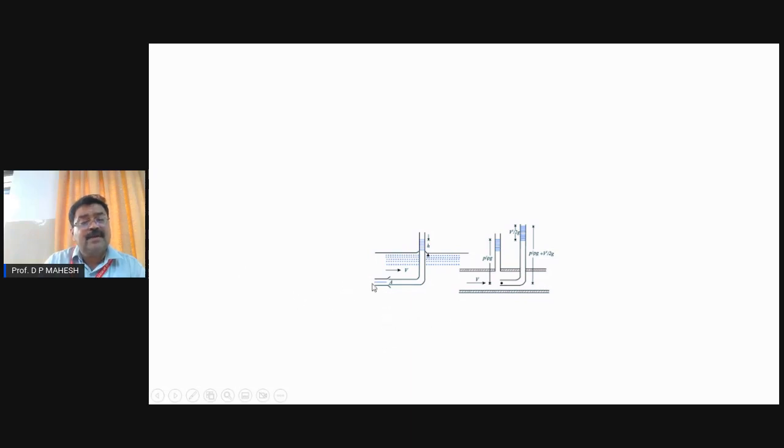So the water will enter the pitot tube through this opening because it is already kept in the direction of the flow. The water will rise in the tube, and we record this height using the formula rho gh. We can calculate the pressure, P equals rho gh, that formula which gives the pressure,